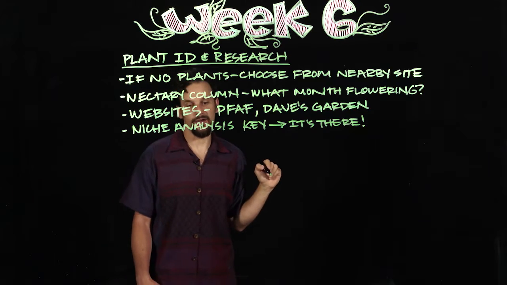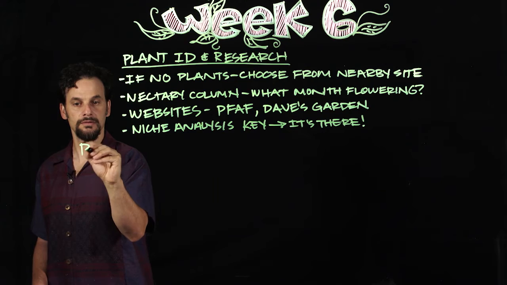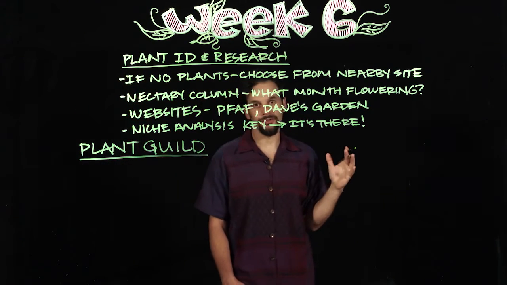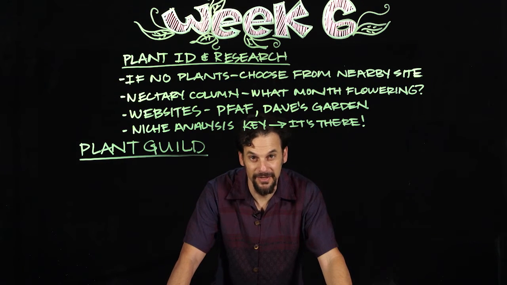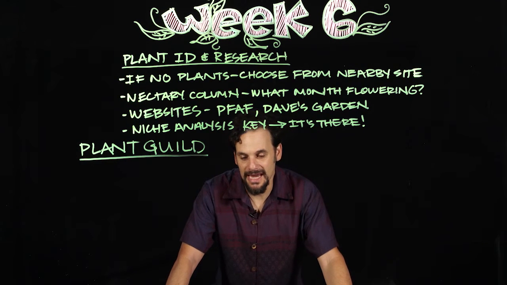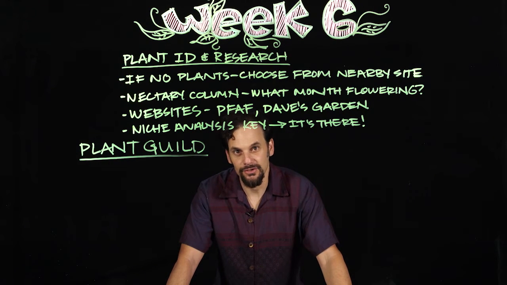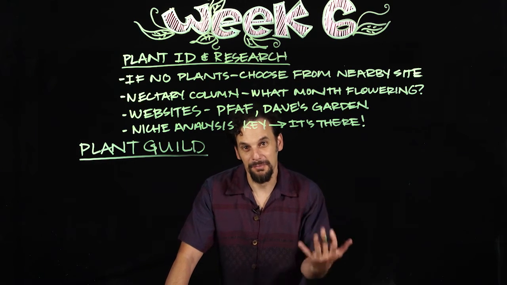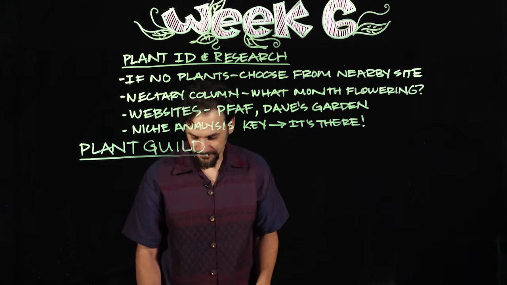Okay, so now we're going to look at the Plant Guild assignment. Now the Plant Guild, this is the first time that we're actually asking you to design something in this course. So you've gotten all the way here through all of these weeks doing this analysis and understanding your watershed and understanding your soils, looking at compost resources, and we're finally asking you to actually come up with something. And this is the beginning of the design portion of the course.